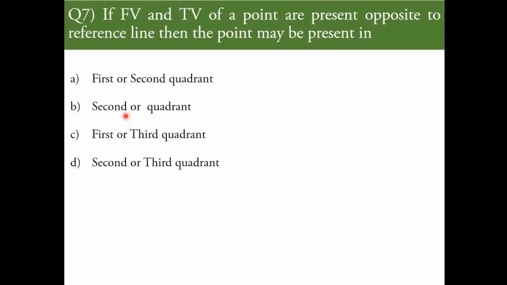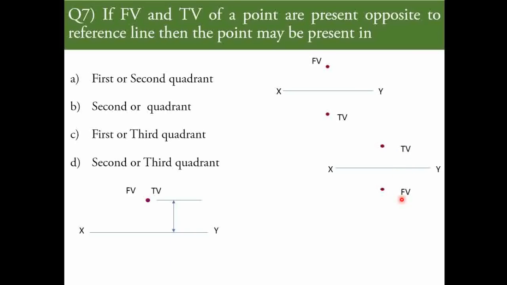For understanding the concept properly, we will take the reference of the final front view and top view. Suppose this is the reference line. As compared to the reference line, one view is above the XY line, that is the front view, and the other view is opposite, below the XY line, that is the top view. That is one of the conditions. Second condition, with reference to the reference line, the top view is above the reference line and the front view is below the XY line. The next two possibilities are that both the front view and top view are present above the reference line, or, as the fourth condition, both the views are present below the XY line. These are the four possibilities as per the four quadrants.